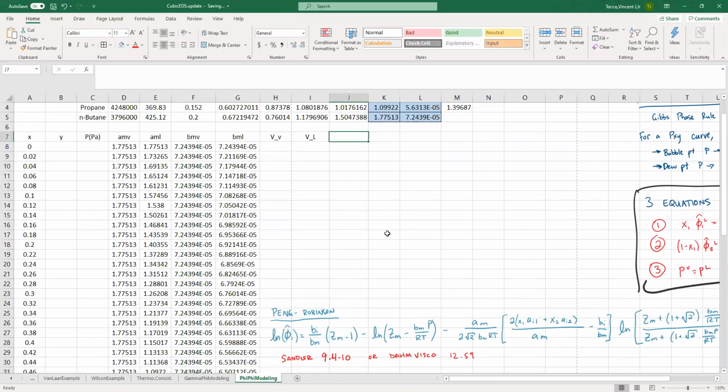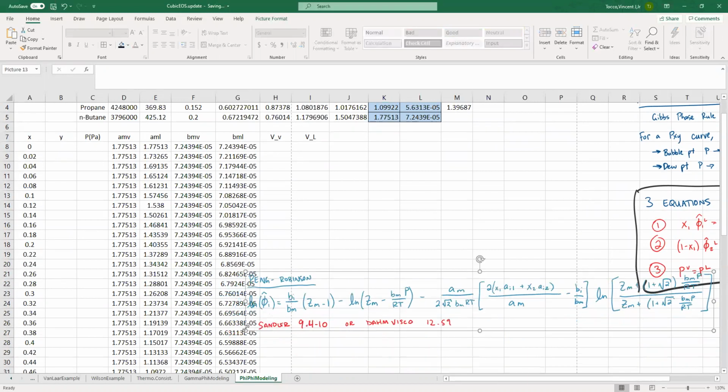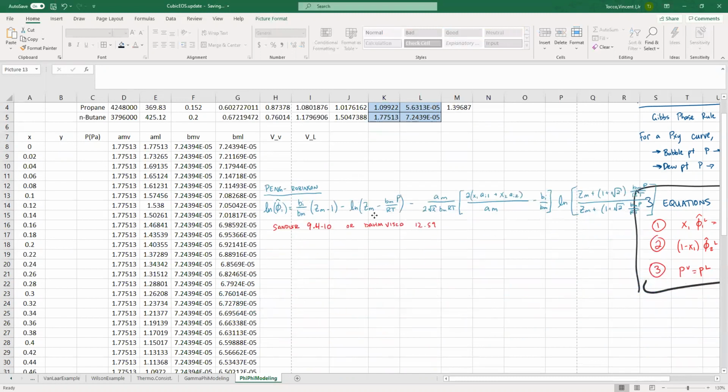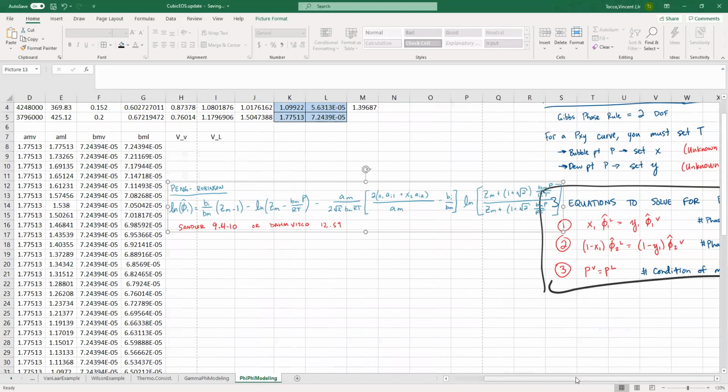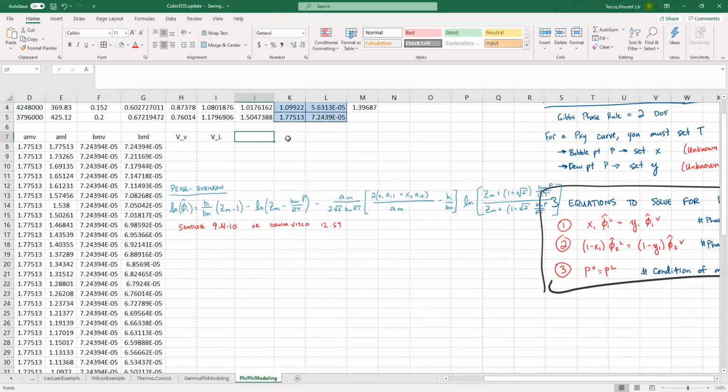Next, I want to code up my formulas for my fugacity coefficients. I'm going to have 4 mixture fugacity coefficients. I've got one each for liquid and vapor and one each for the 2 components. So I'm going to do